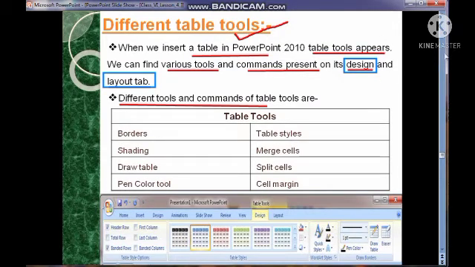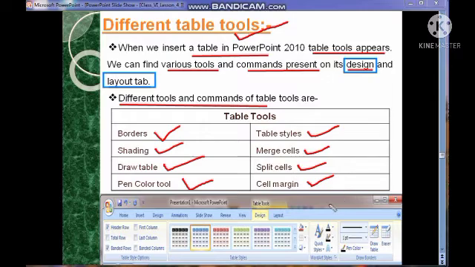Different table tools are: border, shading, draw table, pen color tool, table style, merge cell, split cell, as well as cell margin. So these tools we can perform in the table tools to enhance the attractiveness of the table.